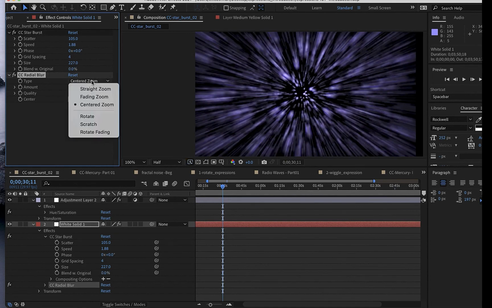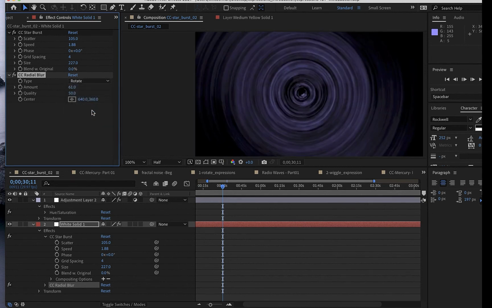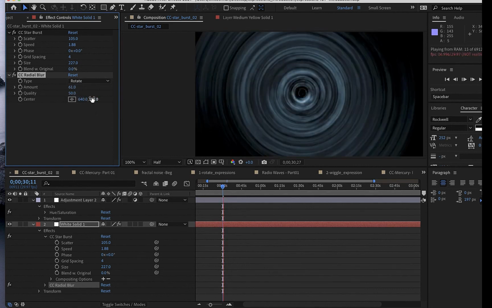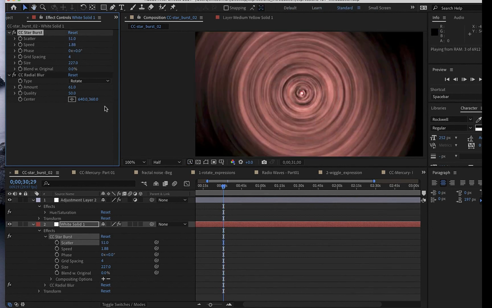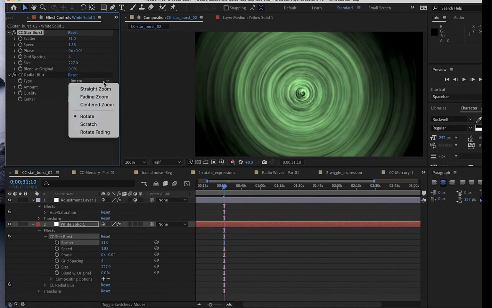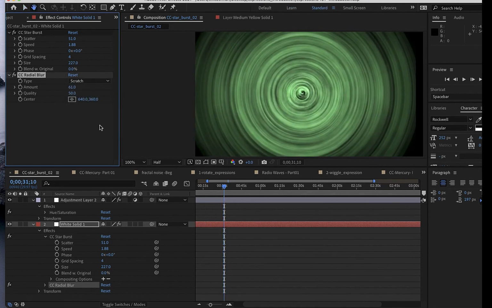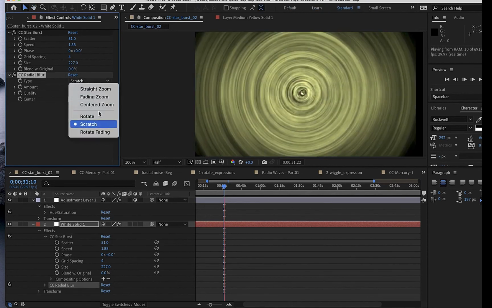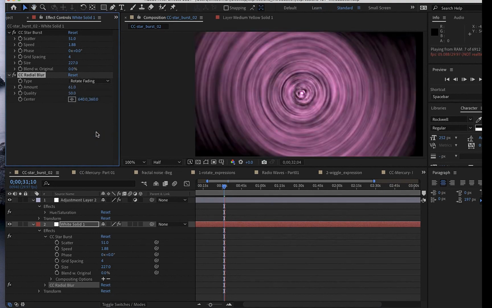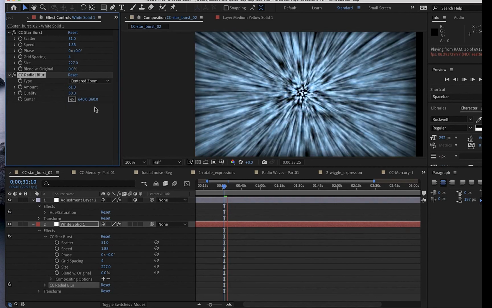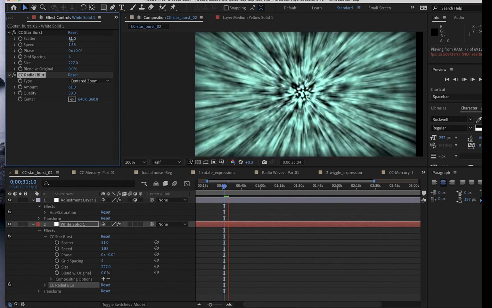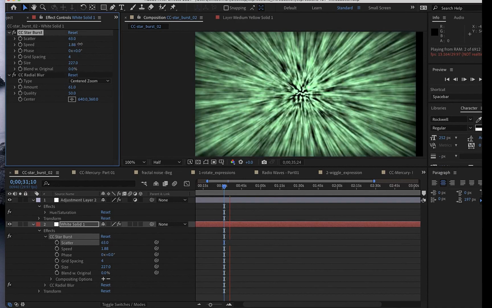I do prefer the fading zoom and the centered zoom, but again, I encourage you to play around with the various settings because each one gives you a different option. So this would be rotate and rotate and fade. I like that one too, but this one is definitely pretty fun. And like I said, you can just play with how much scattering